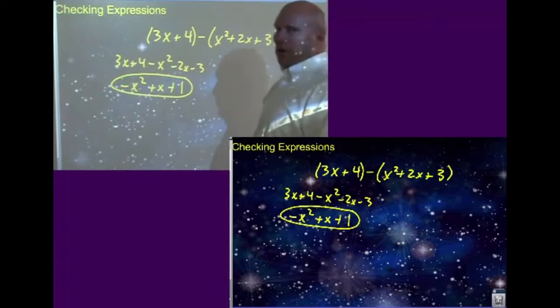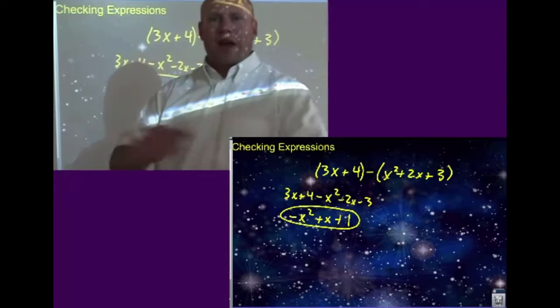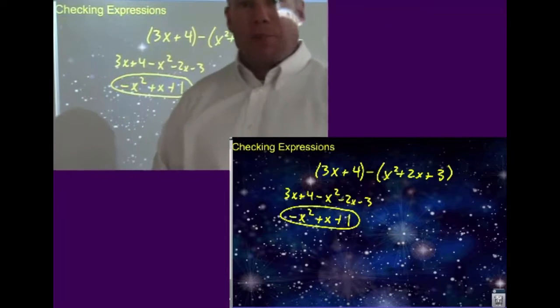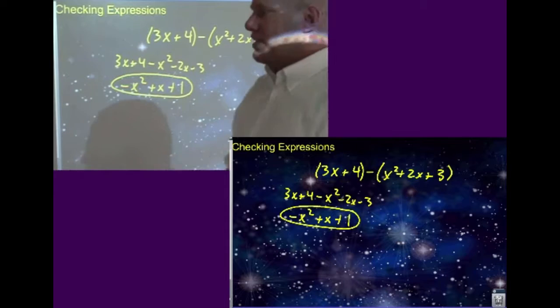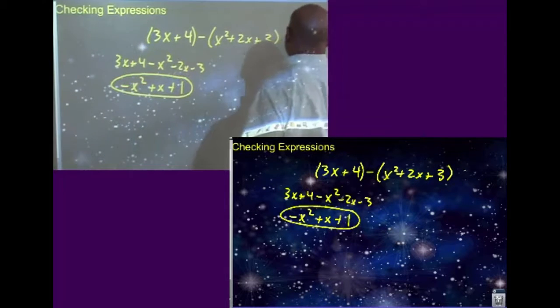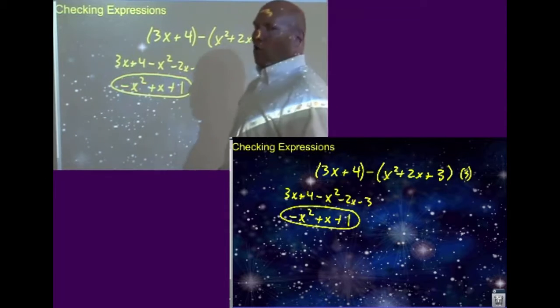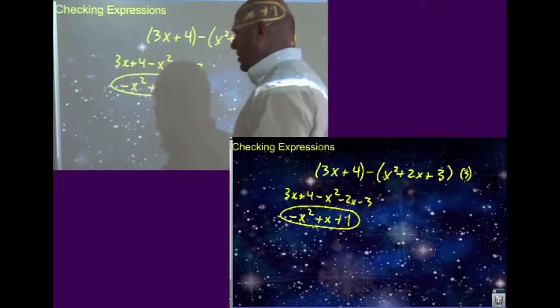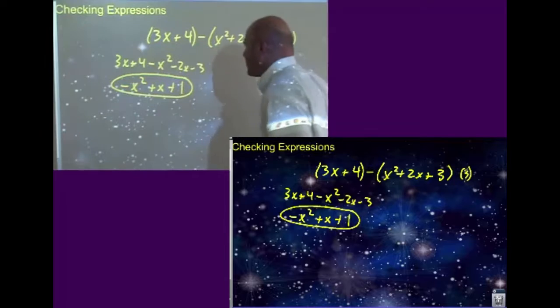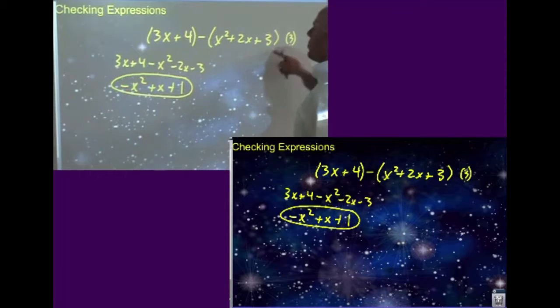You do not use 0, we do not use 1, we do not use 2. Everything else is fair game. 0.5, pi, 77, negative 83, doesn't matter. My tendency is I try to use 3s. 2s are okay if there's more than one variable. If there's only one variable, use a 3 or use something else, 5, 4, something else. So what I do is I take this 3 and I plug it in and